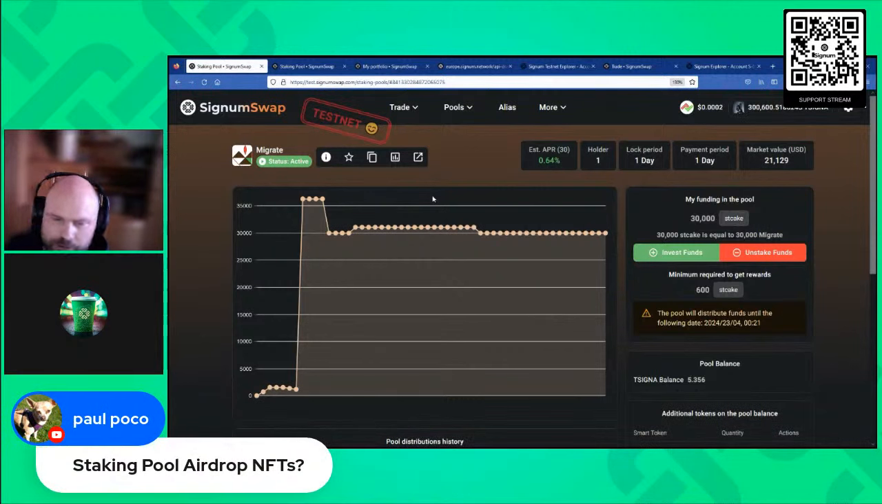And the last question: can staking pools airdrop NFTs? A staking pool is not able to airdrop NFTs. I think